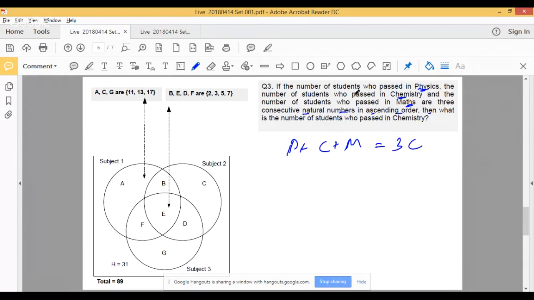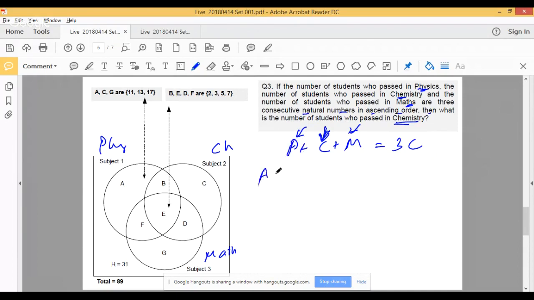right? Now, if this is the case, what is the number of students who passed in chemistry? Now, look at the question. It does not ask you how many people passed in physics, how many people passed in maths. It asks you what is the number of people who passed in chemistry, right? That's the middle number. That is the easiest determinable number. Let's see what we get. If we add physics, everything, suppose I take this as physics, this as chemistry, this as maths, right? So if I add number of elements in one or more sets, that will be equal to,